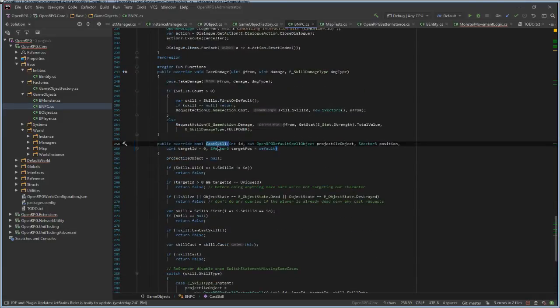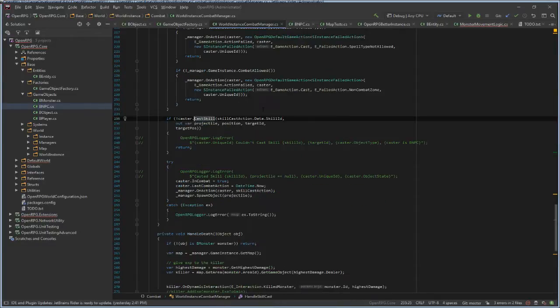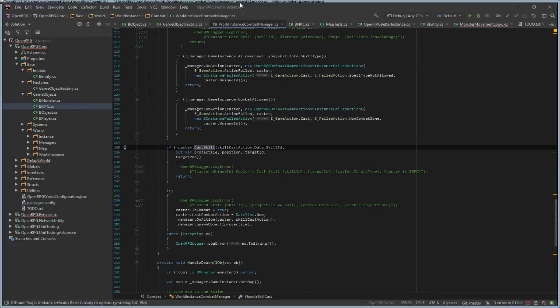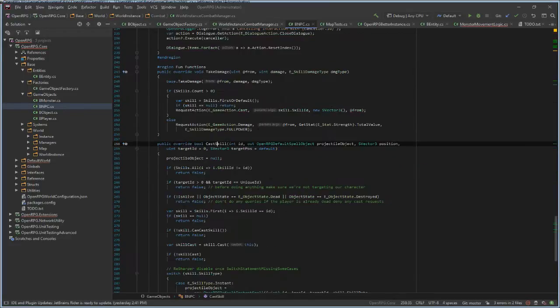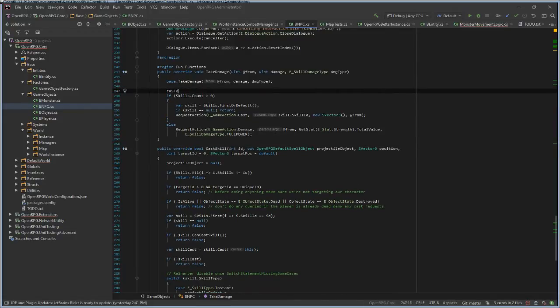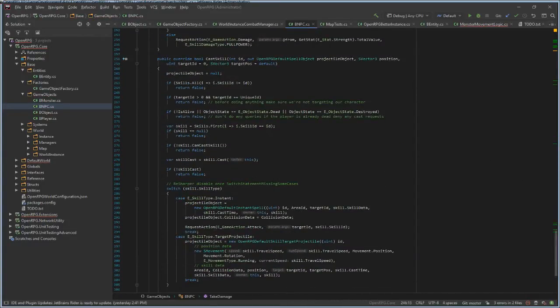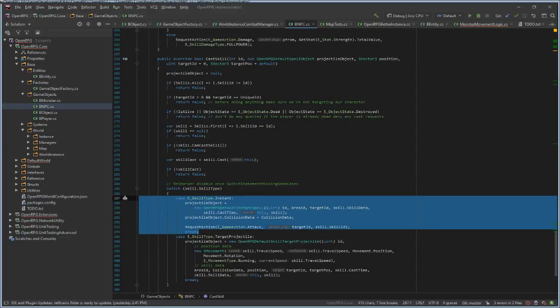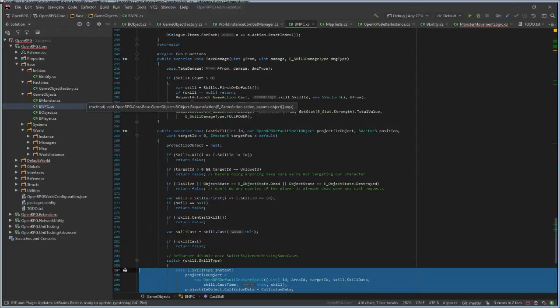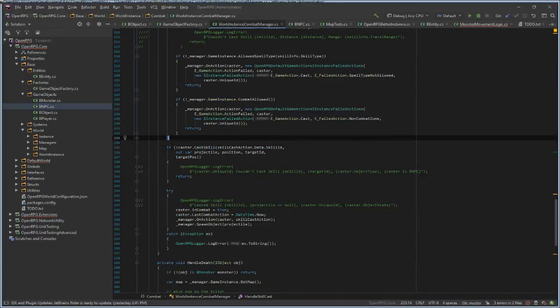We never call this function directly. This function is called by the instance manager, combat manager. See, combat manager calls this function, but we can just tell this object to cast a skill. The instance manager will not know if this object started casting a skill, or if this object can cast a skill.